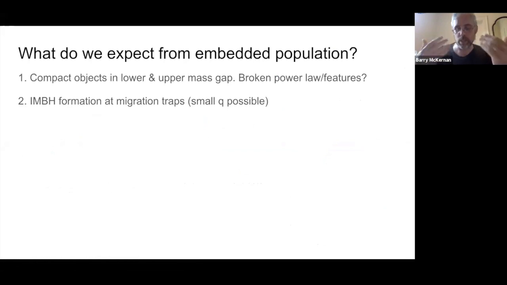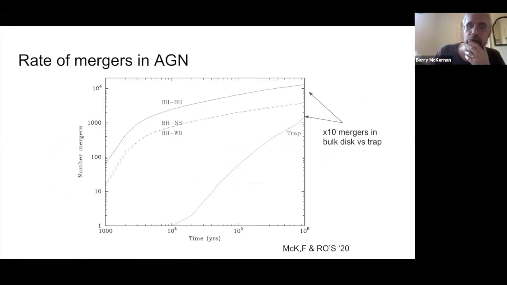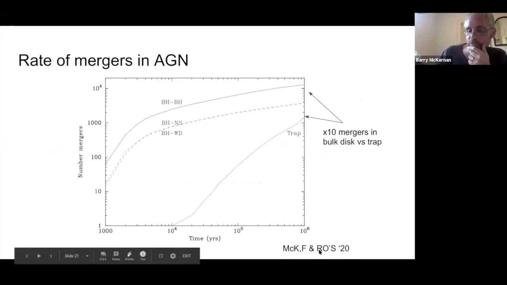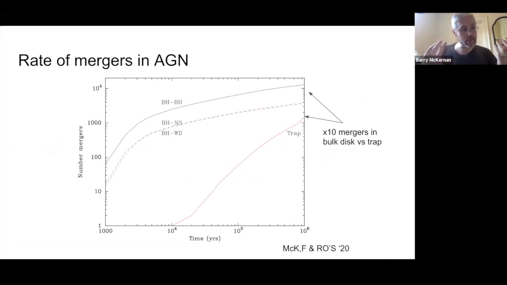What else we got? What else are we expecting qualitatively? So again, from the paper from last year, the number of mergers that you would expect in AGN is going to grow, right, as time continues. It grows at one rate away from the trap, and it grows at a different rate in the trap. So the ratio of trap to bulk disk mergers is going to depend on the lifetime of your AGN disk. But if you sort of say the AGN disk episode lasts about a mega-year, you'd expect about 10 times